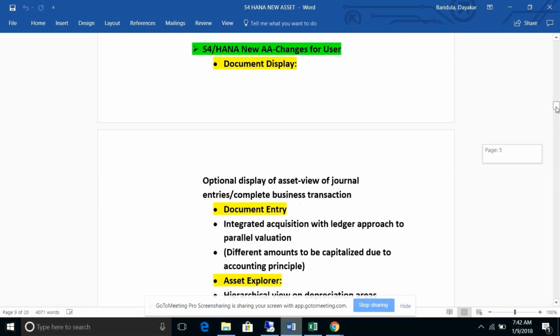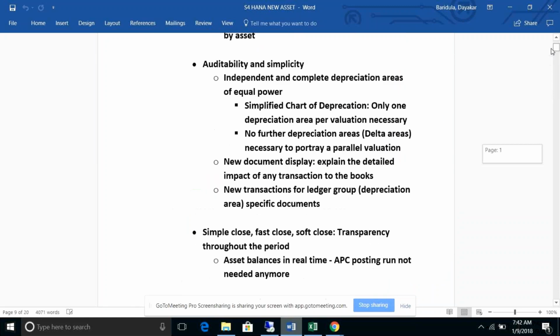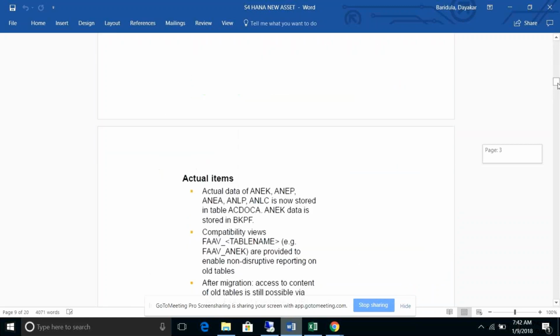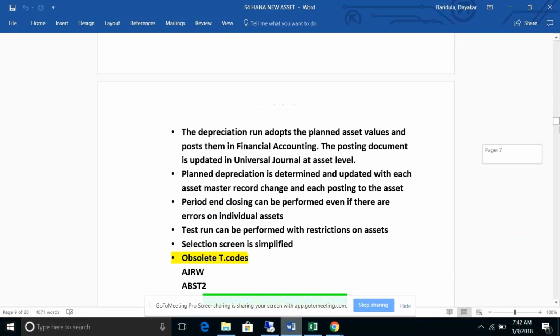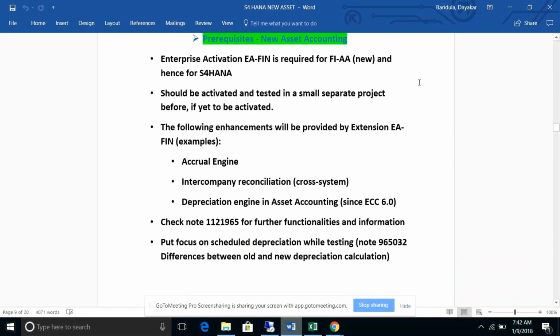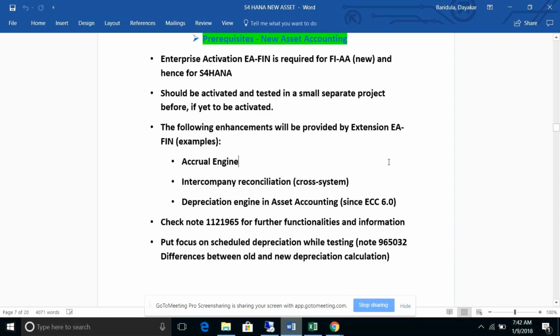Yes, this is a prerequisite. It tells you the same thing. So before pre-migration, we need to take care of all these things, and check whether we are good to go or not. Based on this, we will proceed.